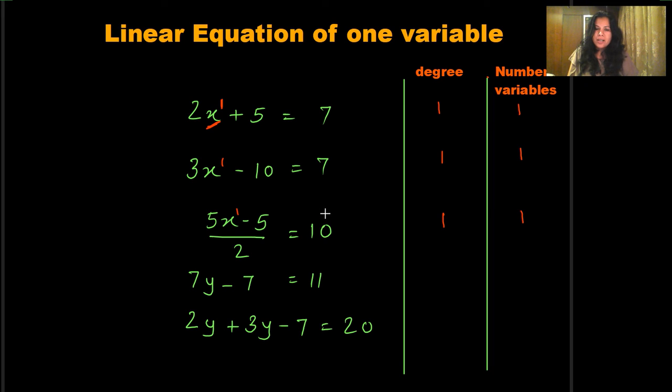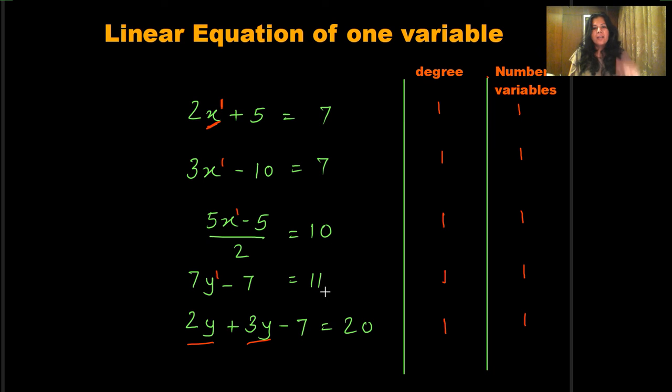Now in the second last equation, children, again the degree of the equation is 1 because the variable is y and its power is 1, and only one variable we have used, that is y. So the number of variables which we have used is 1. Now what about the last equation, children? We have two variables here, but both of them are the same. That means the variable which we have used in the last equation is 1 again. So only one variable, and what is the highest power of y?